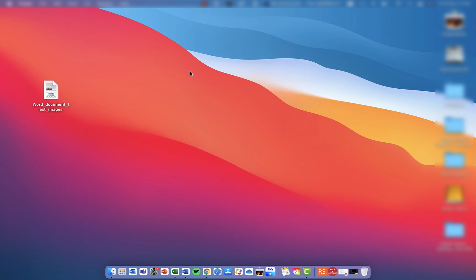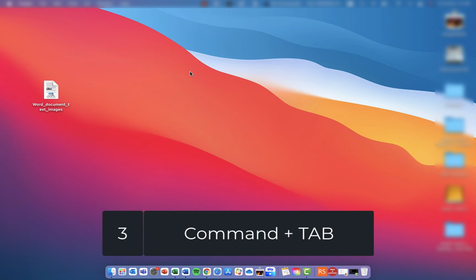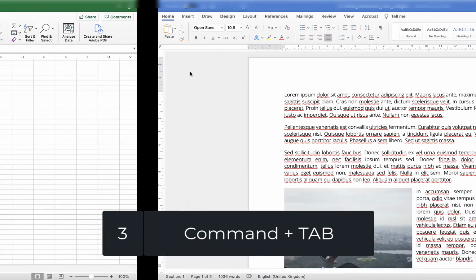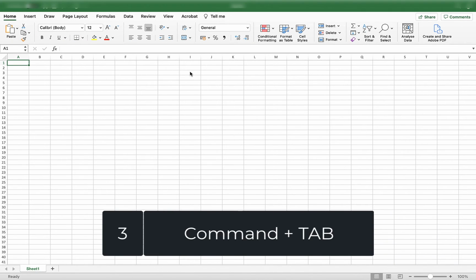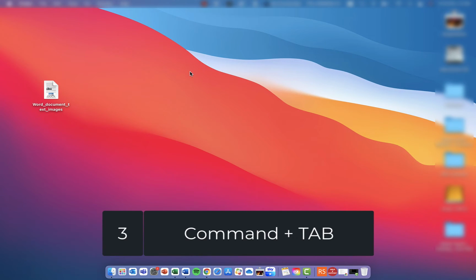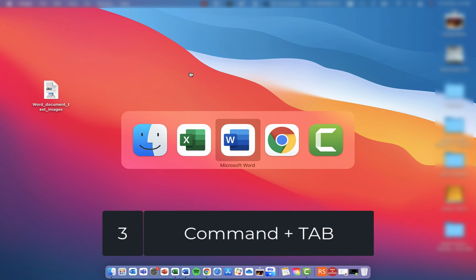Keyboard shortcut number 3. Now I like to use this one to quickly load any apps that I have open, but it only works if you've got the app either on the desktop at that moment in time, or if you've opened the app or the window in full screen mode. So you'll see here if I move to the side, I have Microsoft Word and Excel opened in full screen mode. If I jump back to the desktop by pressing the Command key and Tab, you'll see if I keep